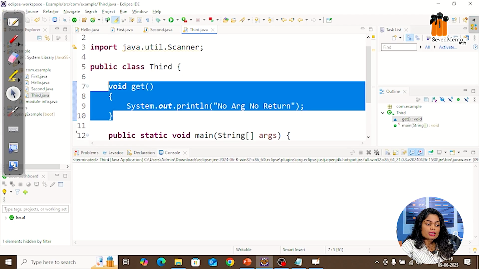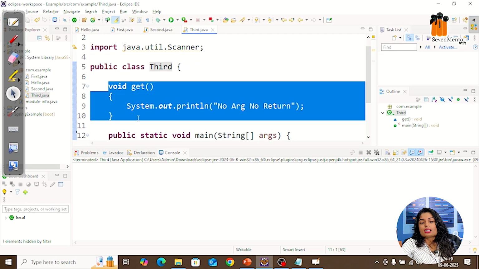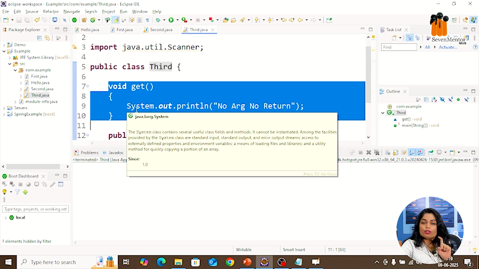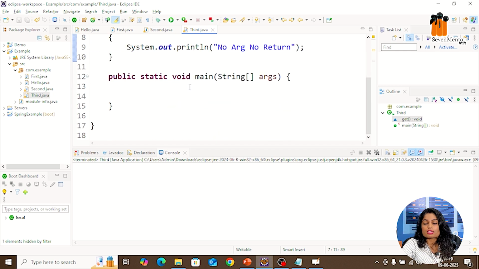Because this method is inside the class. A class is a collection of variables and methods. Same like that, inside that class we declare the method, but a class does not have any memory space. If you want to access this method, you need to create an object. Then the memory space will be allocated and you can easily access the method which is declared inside the class.